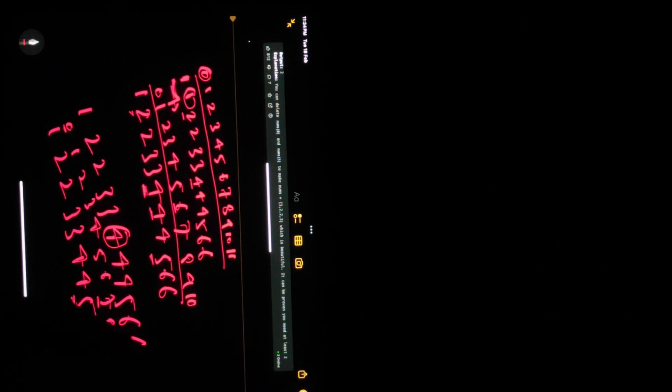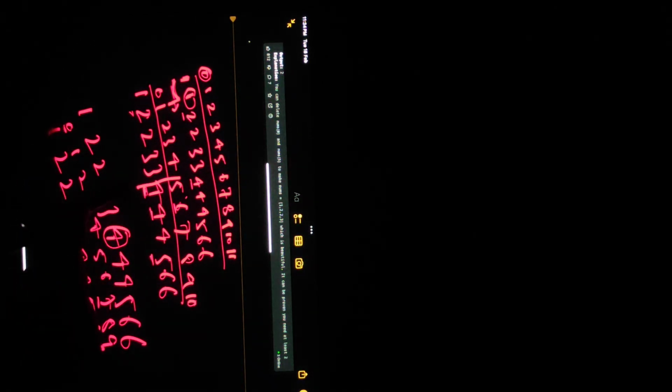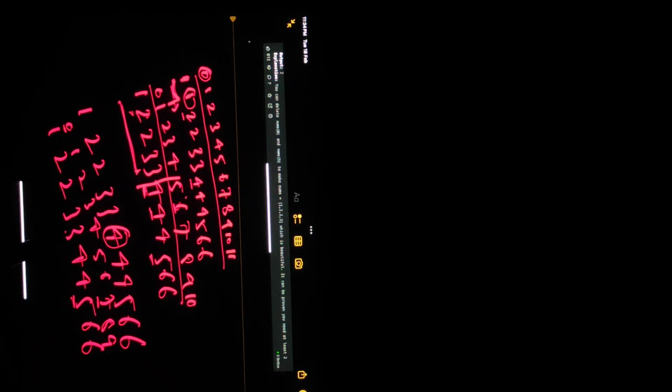So one thing you will probably be noticing is that after deleting any element, the right indexes are decrementing by 1. As you can see here, I have deleted this 4. Before this, no element has changed its index. 3 was at 4 index, and still 3 is at 4 index. So the left side of the array is not changing in index. So probably we'll be noticing the key things which are happening after deleting some elements.